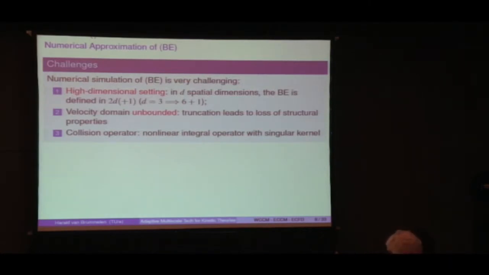Now, if you want to do this numerically, well, at first, as I already mentioned, it's set in a high-dimensional space, right? So for a problem in d spatial dimensions, the Boltzmann equation is defined in 2d plus 1 dimensions. For a typical engineering application, d is 3, so we would need to solve a problem in 6 plus 1 dimensions, where, as I pointed out, the plus 1 is special because it refers to time. The second thing is that the velocity domain is unbounded, so velocities can range from minus infinity to infinity. If we truncate the domain, then typically